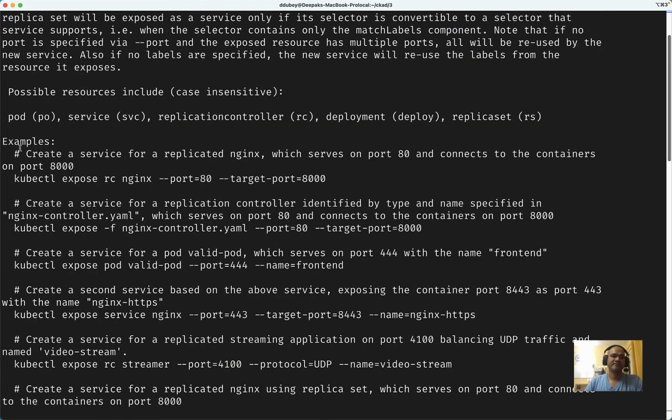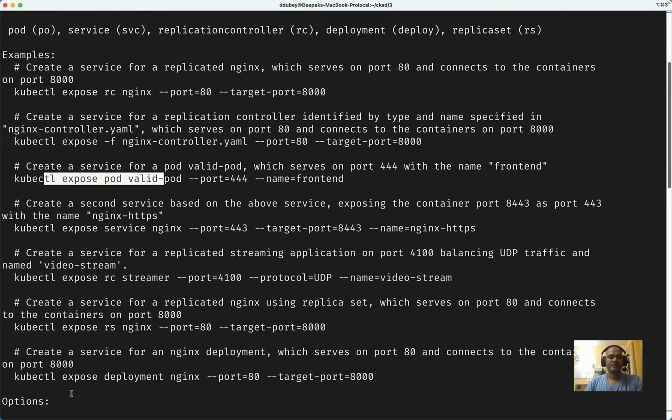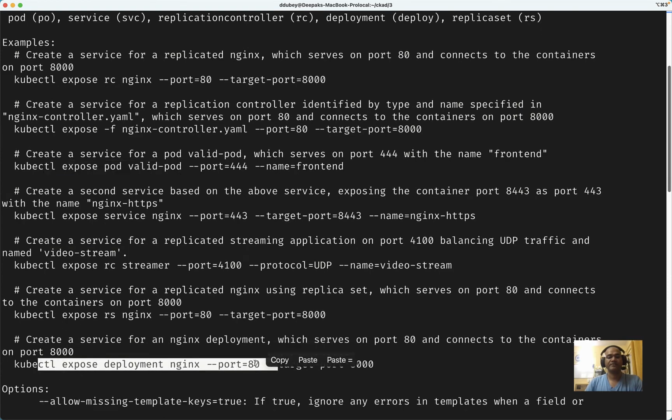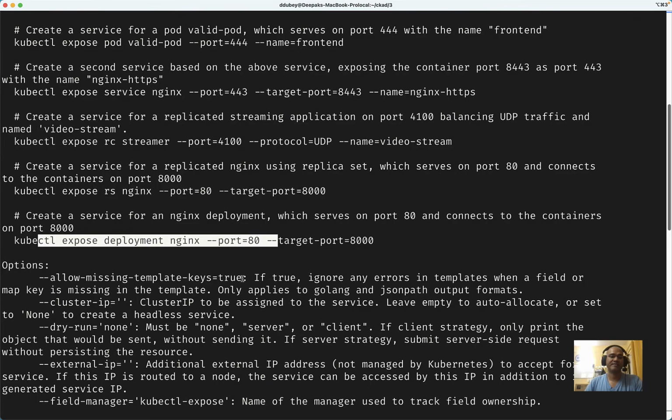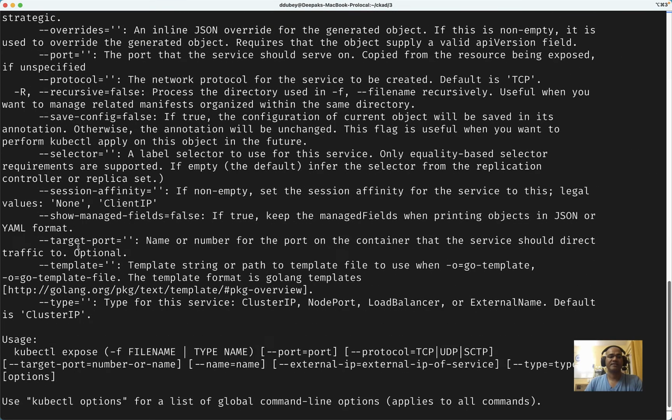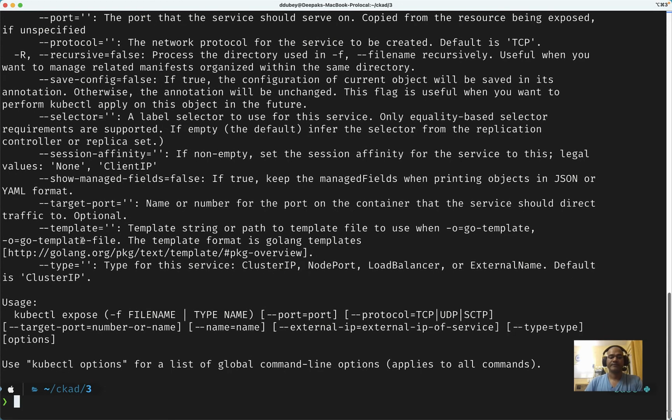There will be an example section, and you can expose a replication controller, or you can expose a pod, or expose a deployment. So you can just copy paste, and after you copy paste the basic template, you can refer to the options and add any options that are asked. So moving forward,